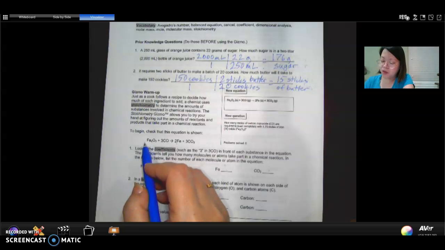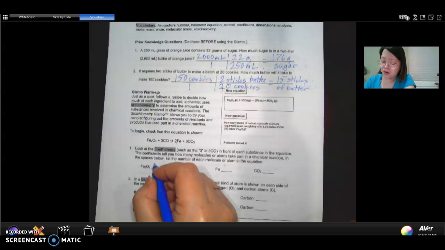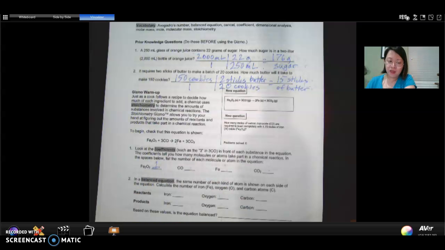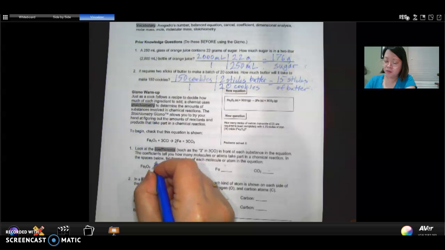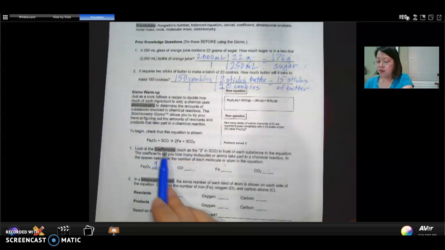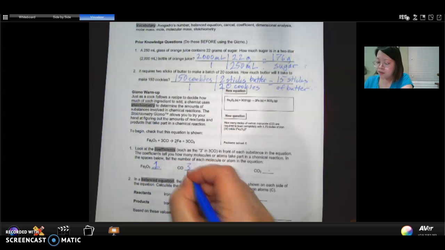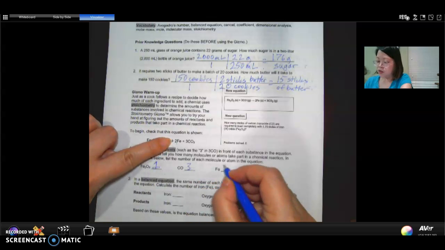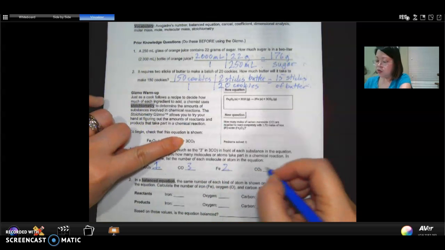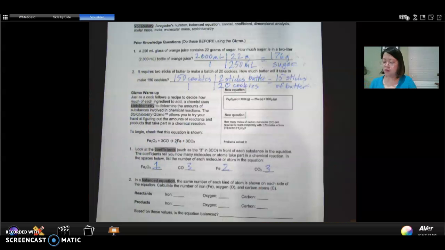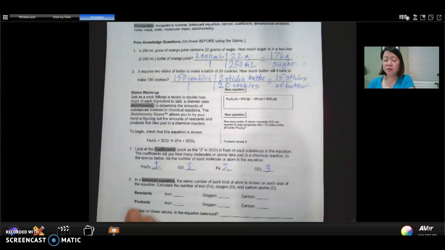So Fe2O3 doesn't have anything in front of it, but we always assume that's a 1 for that blank. In front of CO, we've got 3, Fe has 2, and CO2 has 3. So that's number 1. For number 2, to double check that this is a balanced equation, we're going to count